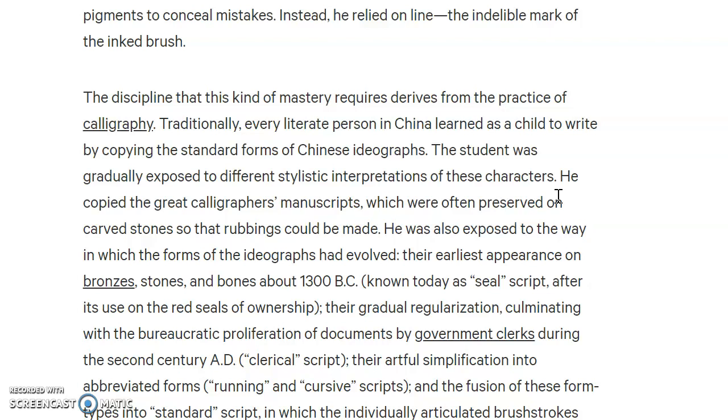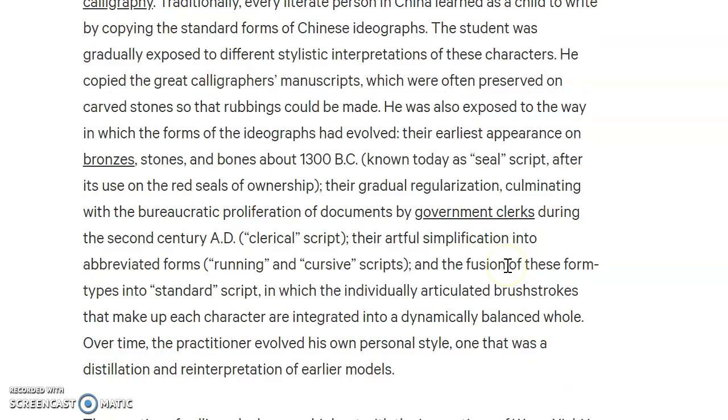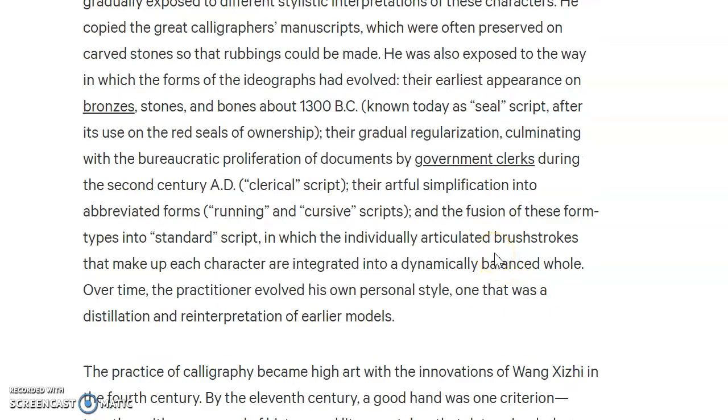Their gradual regularization culminating with the bureaucratic proliferation of documents by government clerks during the 2nd century AD, or clerical script, their artful simplification into abbreviated forms, running or cursive scripts, and then the fusion of these forms together, what we call standard script, in which individually articulated brushstrokes that make up each character are integrated into the dynamically balanced whole. Over time, the practitioner evolved his own personal style, one that was a distillation or reinterpretation of